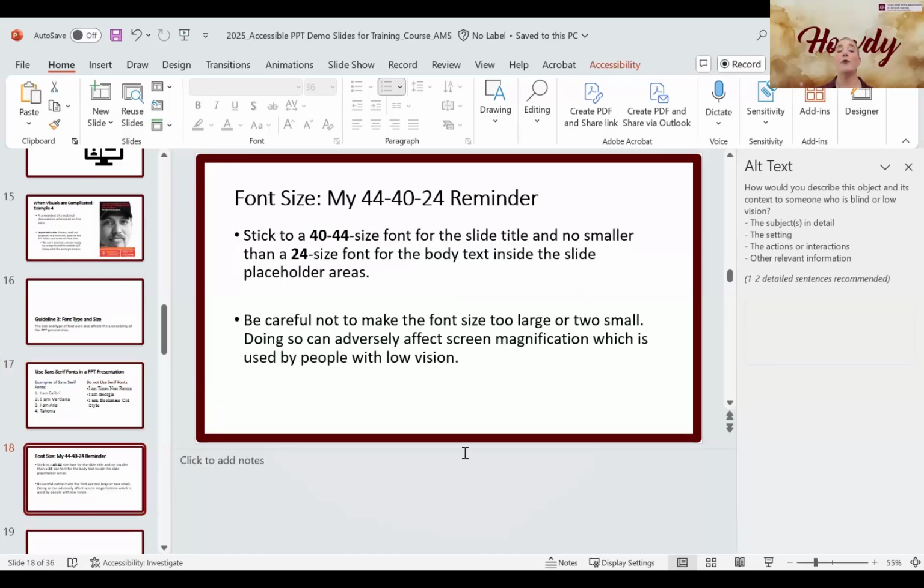This is an Anne Marie suggestion. You're not going to find this written down, but I am starting to see a lot of accessibility professionals follow this, and I call it my 44 to 40, 24 reminder or rule. For your title, sometimes I think they're way too big, 60. I don't think your title needs to be 60 or even 50, because you want to think about screen magnification, but 50 or 60 or 70 may be needed if you are in the grand ballroom of the Hyatt